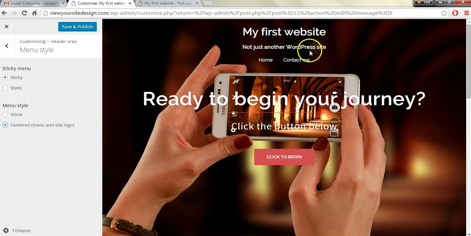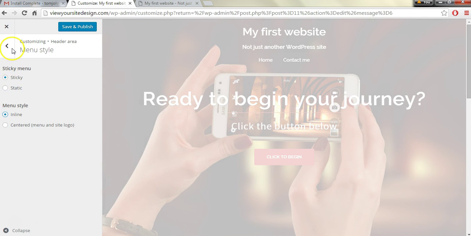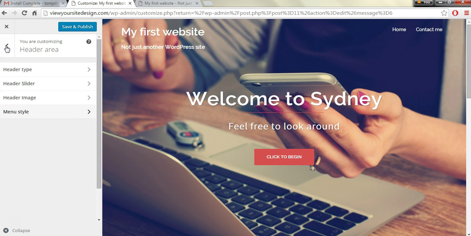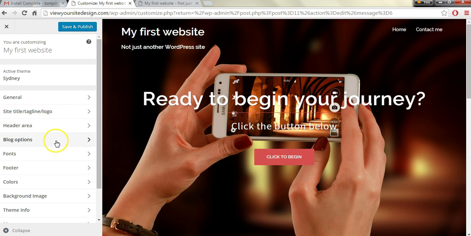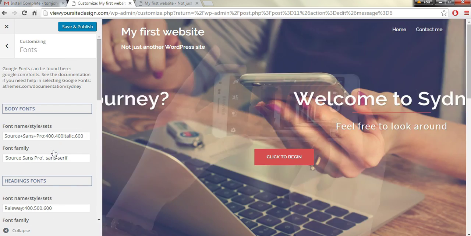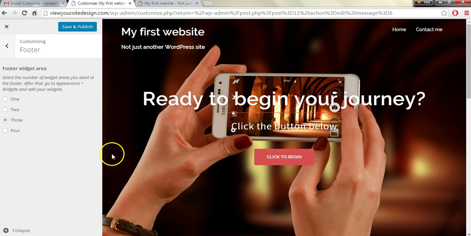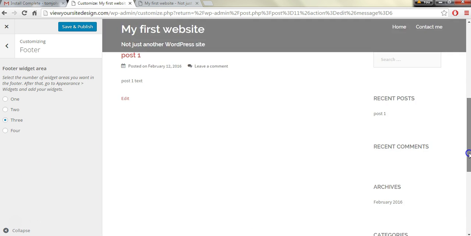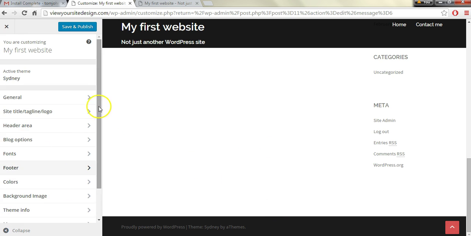Now, just so you know, you do not have to have the site logo or the subtitle here. You don't have to do that. I'm going to have it left as inline, how it comes by default. And now I'll go back, and I suggest that you explore these different options here, especially ones like fonts, and a footer, for example, is what you see at the bottom, just so you know. And I just suggest that you go through these and kind of play around with them. It's the best way to start to learn